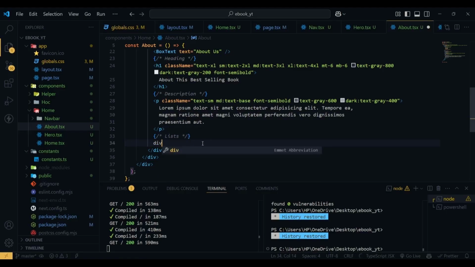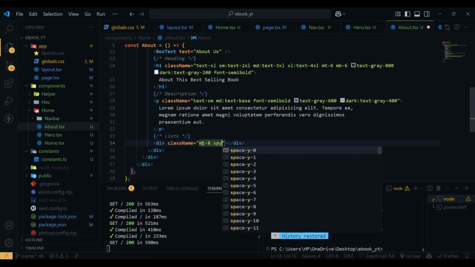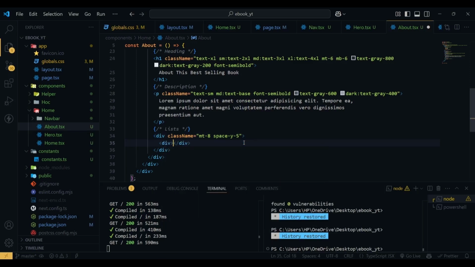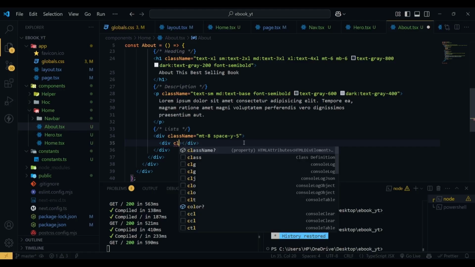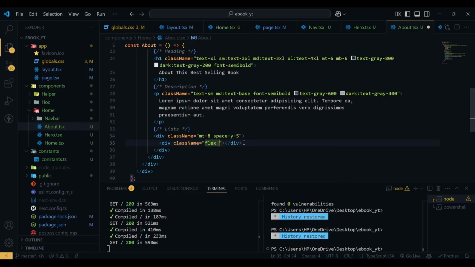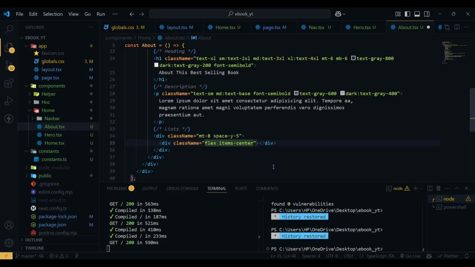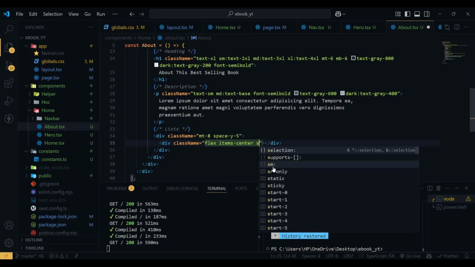So first we have a div here with class name of margin top of 8, space y will be 5, and now inside this div we have another div with class name of flex. Items will be center, then we have space x of 2,